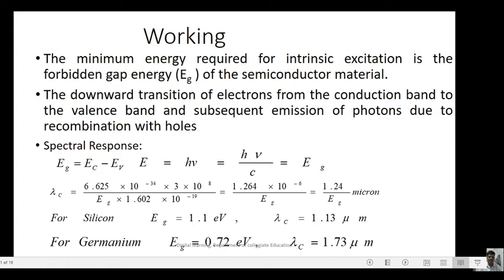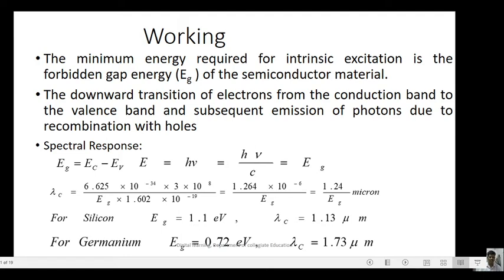That means the difference between the conduction energy and valence energy. E is equal to h nu, where h represents the Planck's constant, nu represents the frequency of the absorbed light, and here h nu equals h c divided by lambda, where c is the velocity of light. Therefore Eg is equal to h c by lambda c, where lambda c is equal to 6.625